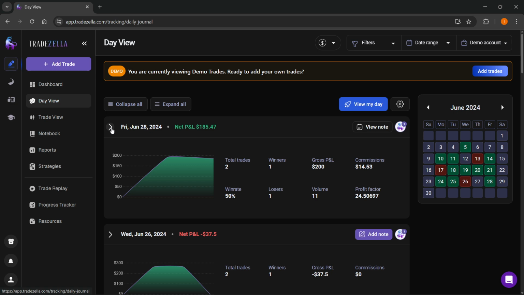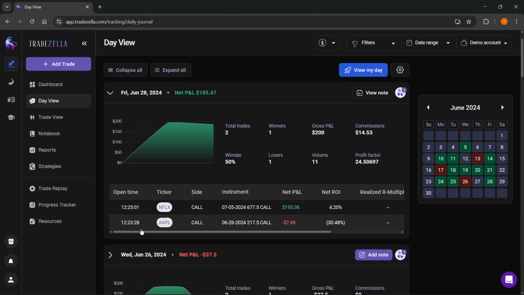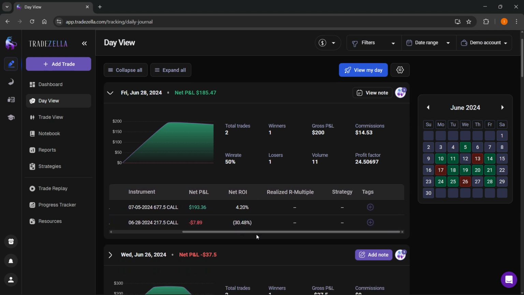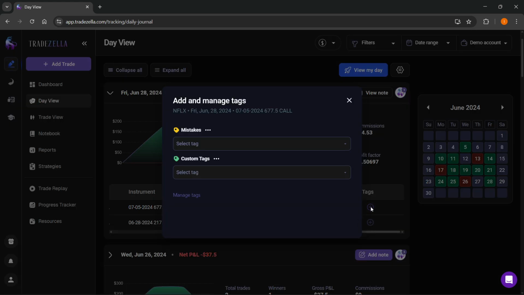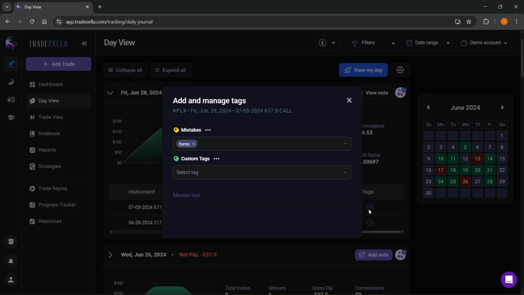You want to expand it by clicking on this button, and then down here you'll be able to see your different positions. Scroll to the right using this slider, and then to the very far right you'll be able to see it says tags. You can click on this plus to add a tag, and you can then select the tag over here. I'm going to select FOMO, and you could also of course select the custom tags here, and then you can just basically click this X button over here, and your tag will be added to your trade,